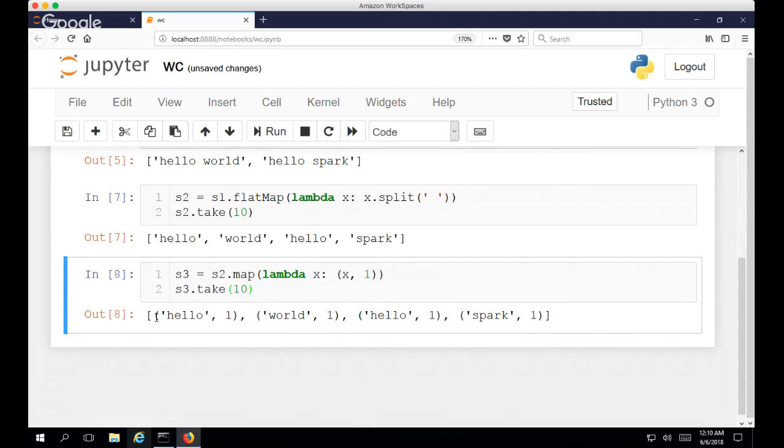So this is very interesting. As you can see, working with Spark is a little bit different than working with Python itself, unless you have been working with functional programming. It's a little bit different, right? So once we've